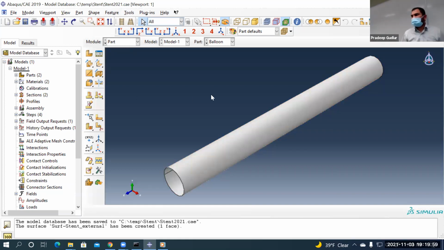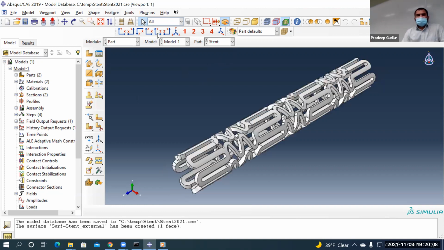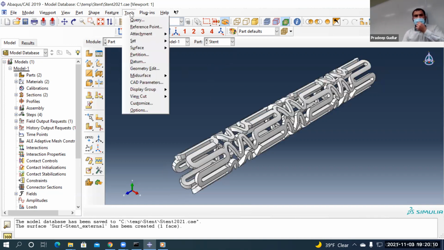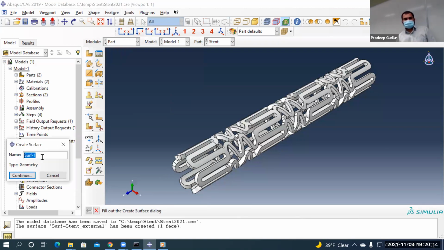So let's do the same for the stent. In the part module, go to the drop down for stent. Let's create the surface, tools, surface, create. So this is surf stent internal. Continue